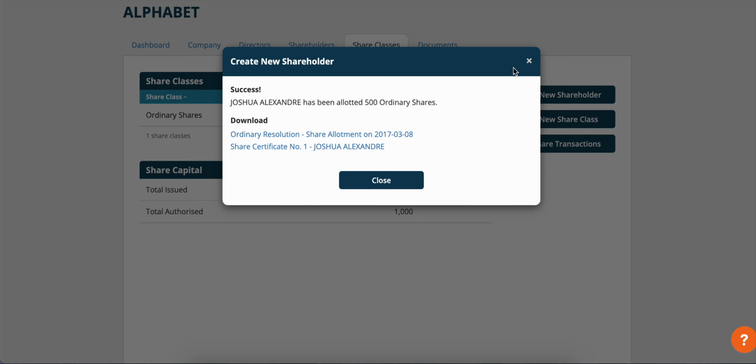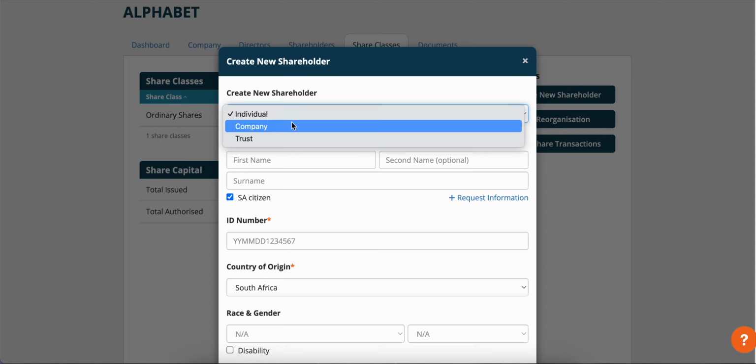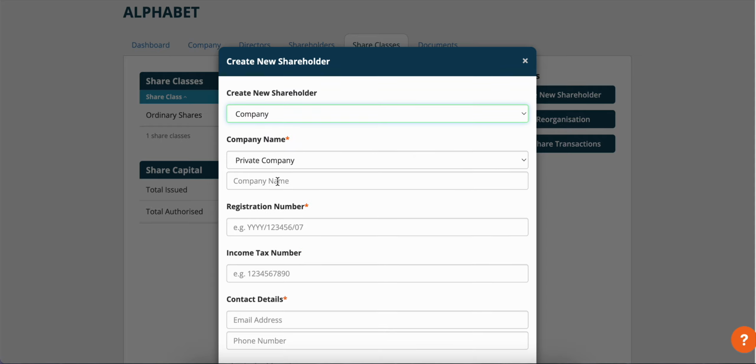Okay, and if we go back to our company, let's add our next and last shareholder for this company. We'll create new shareholder, and this time I'm going to create a company. I've already added my company that's the shareholder and done their share structure. It's on my portfolio, so I'm just going to pull it through. It's Berkshire Hathaway,